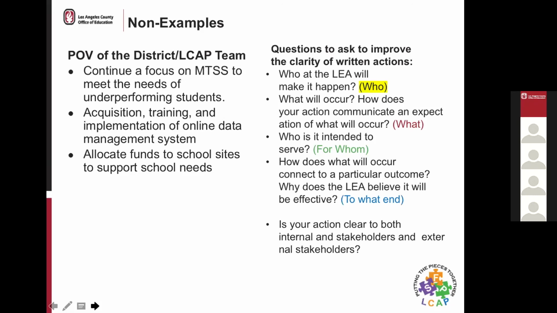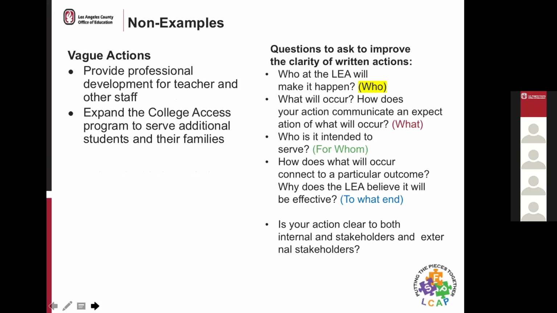And then the next slide, we have a third category of non-examples. And for this last category, we're calling it the vague action. Here, the general lack of specificity inhibits the LEA's ability to tell a good story. You might see "provide professional development for teachers" as a $2 million action and wonder, what exactly does that all